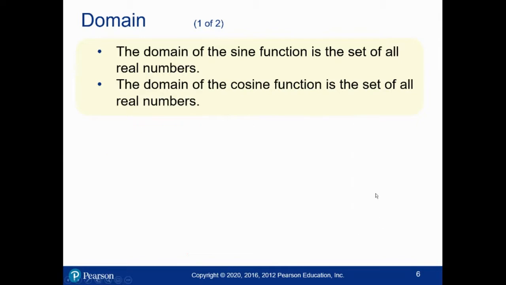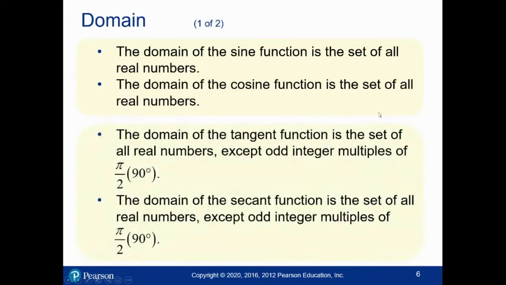If you are used to working with triangle-based trigonometry, this doesn't quite make sense. I've hesitated to mention it, but a lot of people are used to doing it. In the triangle version of sine and cosine, the angle can only be between 0 and 90 degrees, otherwise it doesn't make any sense. But in our circular-based definition, you can take the sine and cosine of any angle, positive, negative, enormous, whatever. So the domain of both of these basic trig functions, sine and cosine, is all real numbers. Tangent,